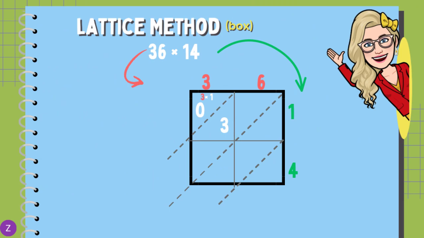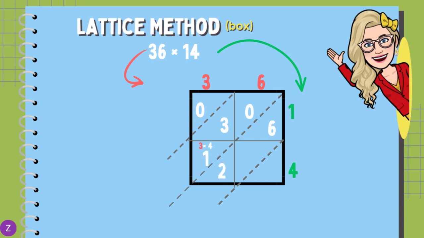The next box has a 6 and a 1 connecting to each other. So this is 6 times 1. Again, 0 at the top and 6 at the bottom. We now go back to the top where the 3 is. That 3 at the bottom box, left-hand corner, is connected to the 4 on the right. That is 3 times 4. That will give us 12. The 1 at the top, the 2 at the bottom.